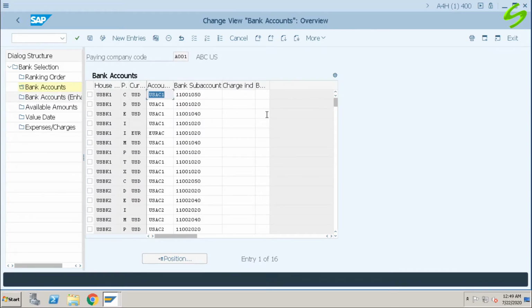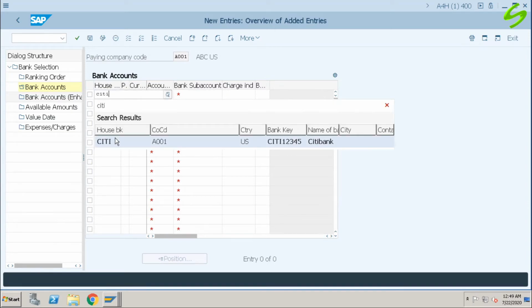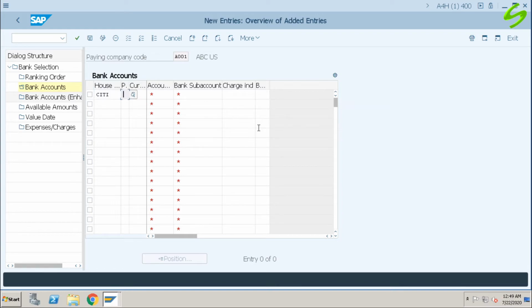Here we have to assign our bank accounts for the house bank and payment method combination. And one more additional thing which we define here is bank sub account, which is the general ledger account, the GL account we want the system to use to make the payments. Let's click on new entries. House bank is Citi. Payment method is J. Currency USD. My account is Citi.